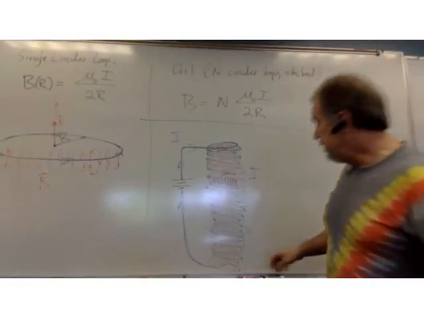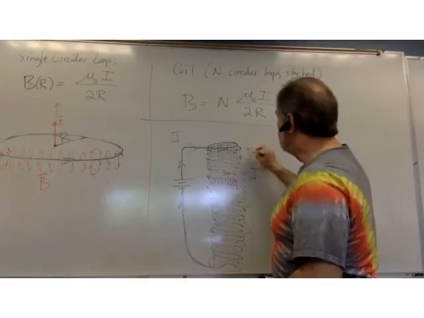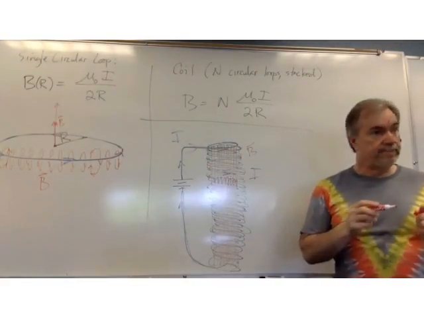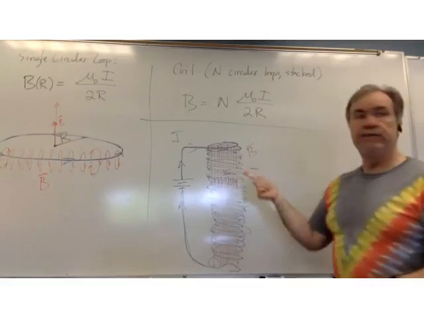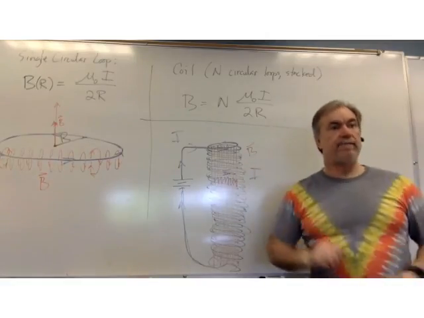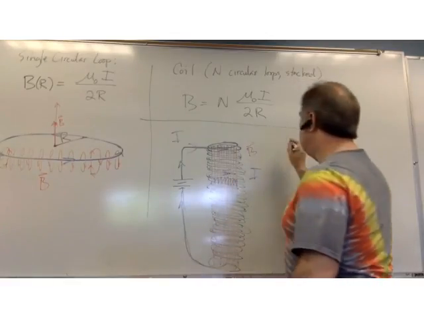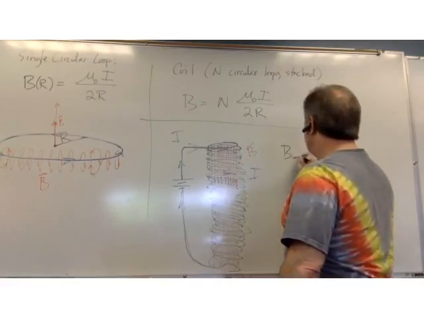Okay? And this is the important thing, because we take the one coil, stack a gazillion of them on top of each other, very tightly packed, and it turns out the magnetic field for this thing,